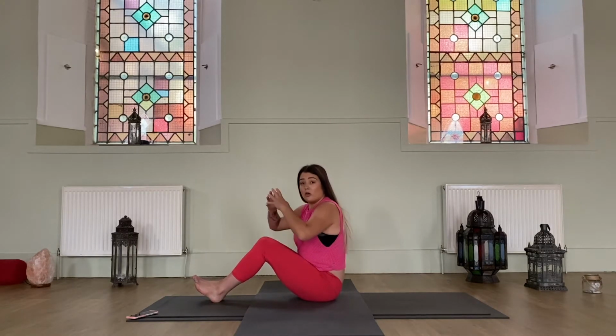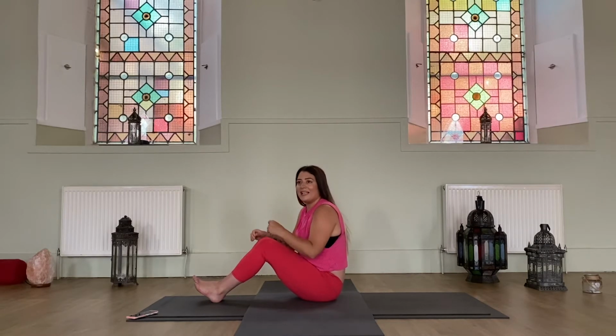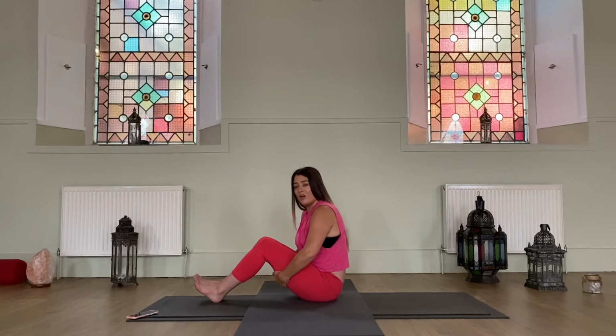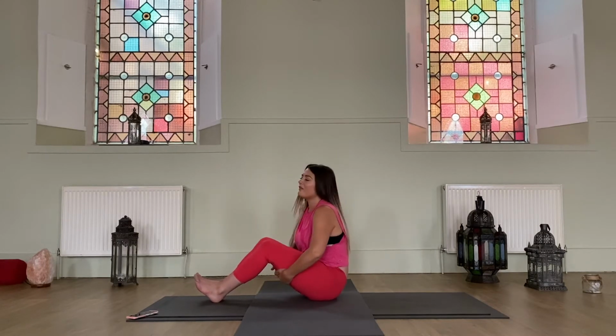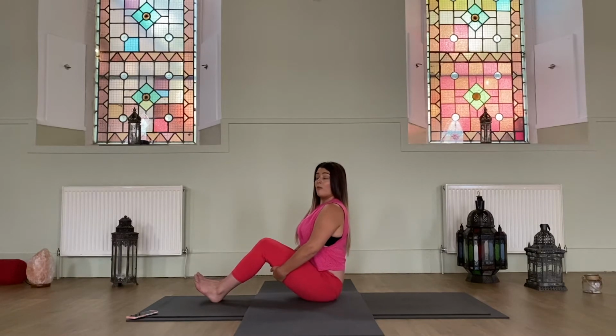So a caterpillar grows over time as it munches on different leaves and eats and gets bigger and bigger until it's time to go into its cocoon. So in our caterpillar today, we're going to grow taller and longer in our stretch. So take your hands and we're going to put them at the back of our legs. Even if you can reach your toes, we're just going to hold on to the back of our legs today. Take a big breath in. So we're sitting up really tall, and as you breathe out,